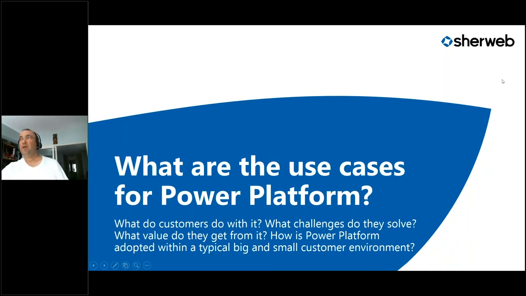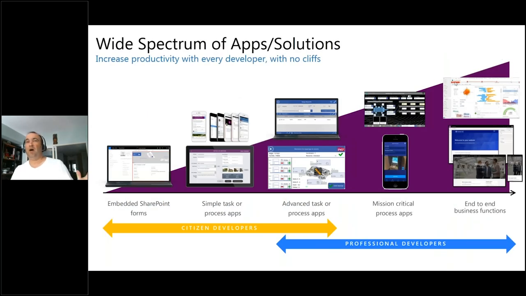Okay, thanks, Reza. Okay, so now let's talk a little bit about what the use cases for Power Platform are. This is a very common question. People always ask, what kind of applications and solutions can you build with the Power Platform? And there's this wide spectrum of solutions, from very simple things where you're putting a better front-end face to a SharePoint form, to the other end of the spectrum where you're dealing with an end-to-end line of business,